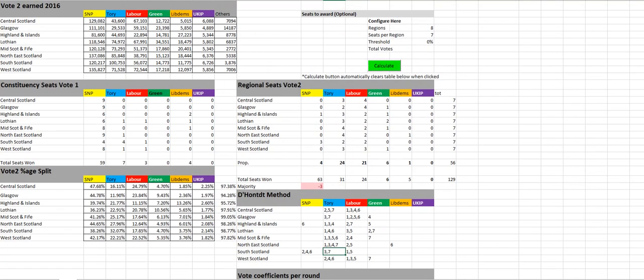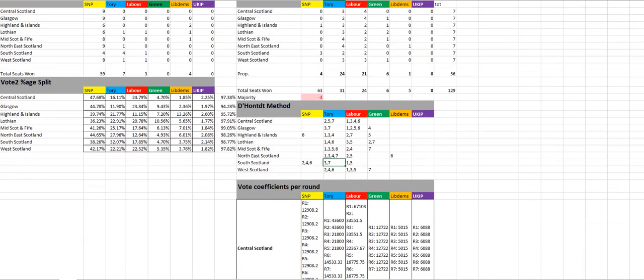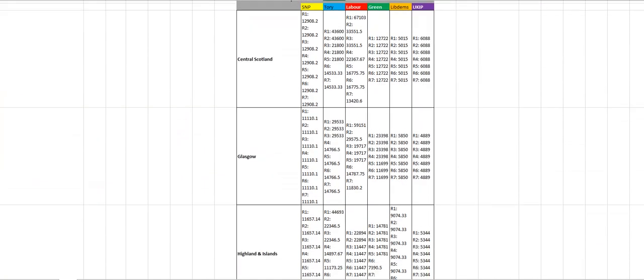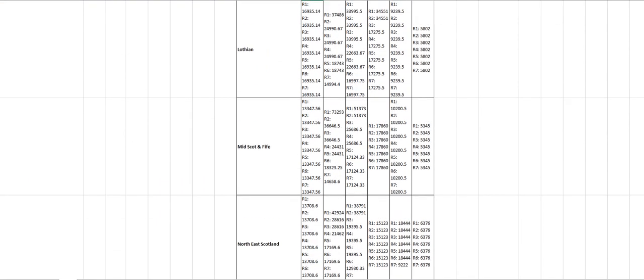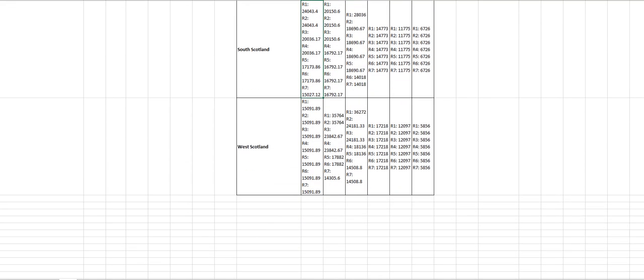So the total of 120,000 votes would have been divided by 5, because they've got 4 plus 1, which is 5. So 5 into 120,000 would come out at 24,000 for the South of Scotland. So that was your starting position, and that would have been applied for all the other parties in the South of Scotland. All right, so starting at round 1,